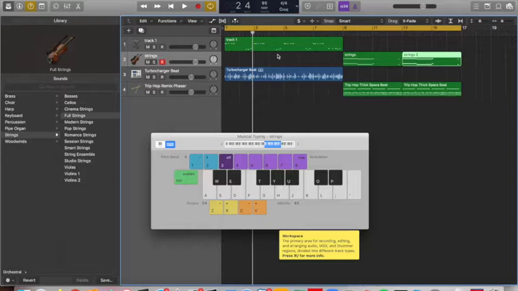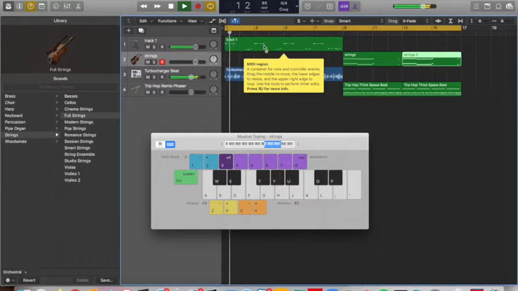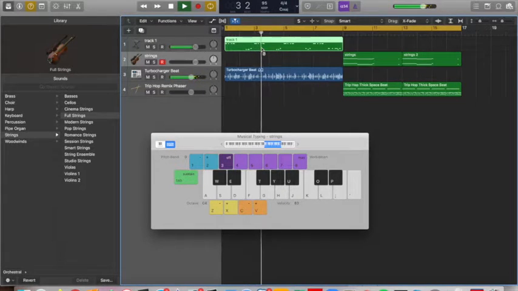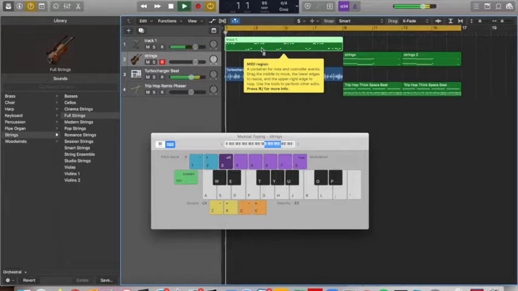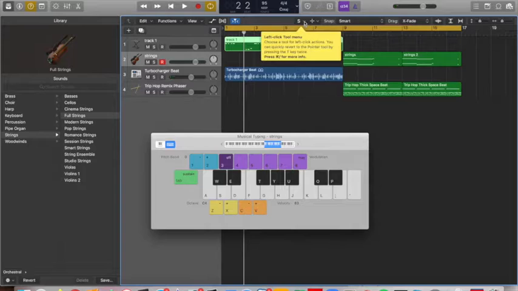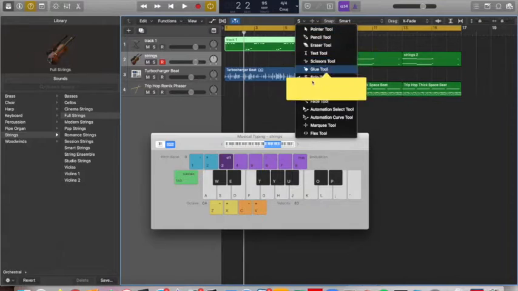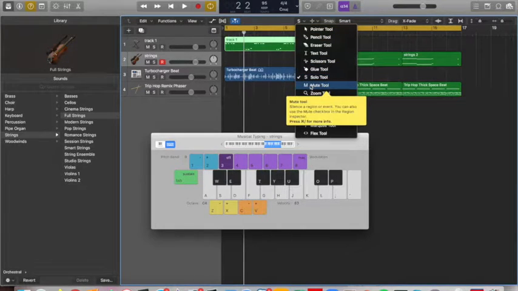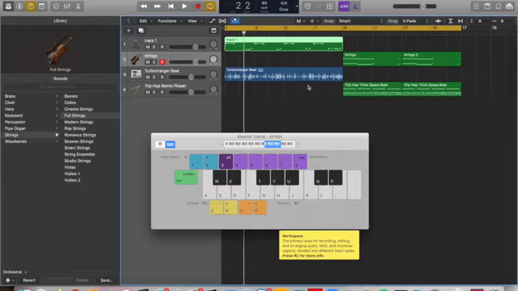If I start my piece of music from the beginning, well, the solo tool will leave out for the time being. Let's go to the mute tool. Now the mute tool is incredibly useful. There's other ways of muting things,